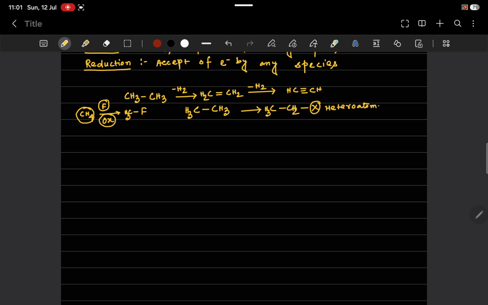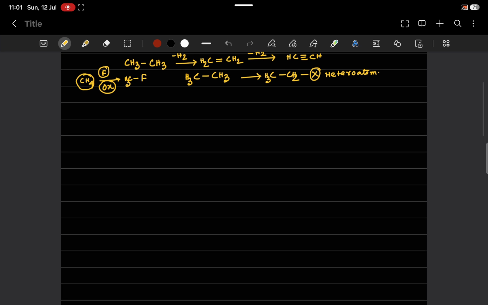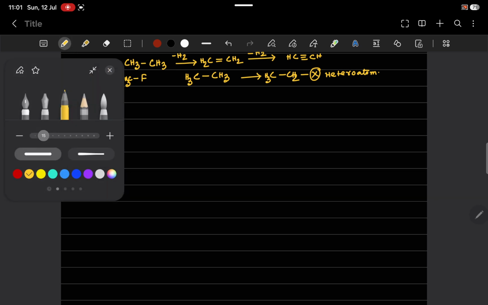Up to this I think everyone has understood oxidation. I have not talked about reactions much here. I have only told you how to judge an organic reaction as an oxidation reaction. So two key points you should keep in your mind. First, if you find that electrons are going out from a species,